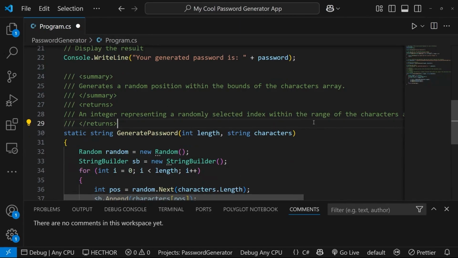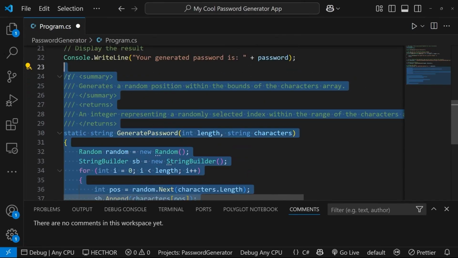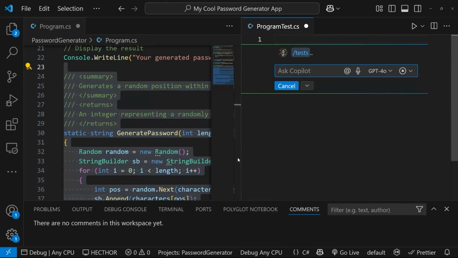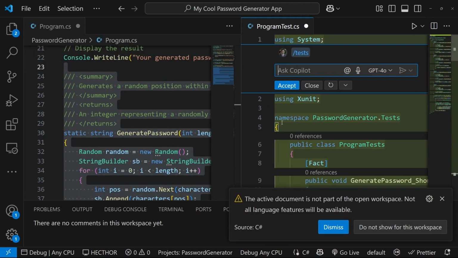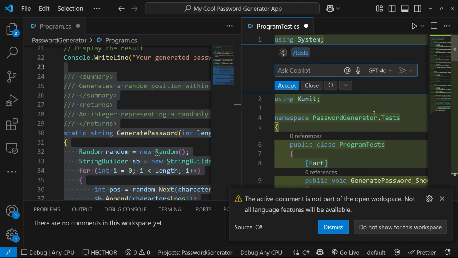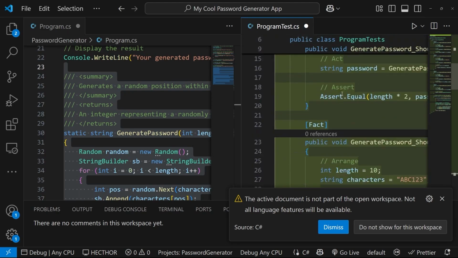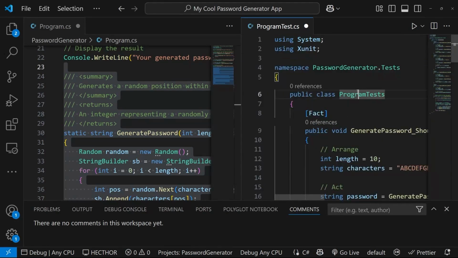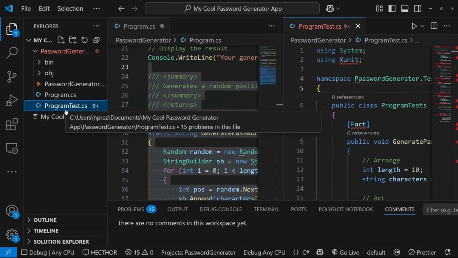Finally, another option we have available is to add unit tests. For example, if I select this method again, I will indicate that I want to execute this functionality to generate tests. And you can see that what this has done is add a new file called program.test.cs. And basically this generation has created a series of different classes and methods with the fact attribute, which would allow us to carry out unit tests for this method. I will accept these changes, save the file,